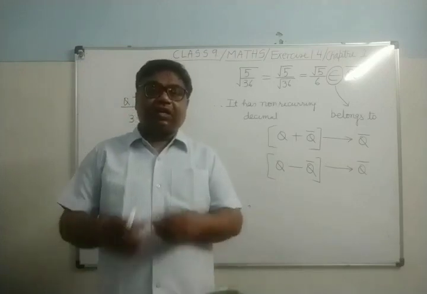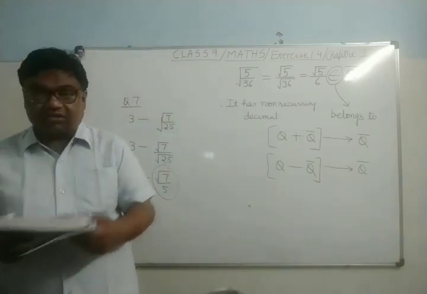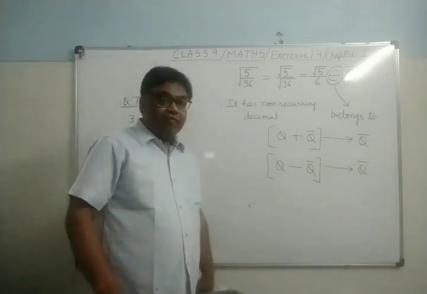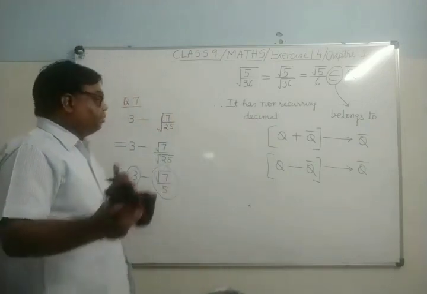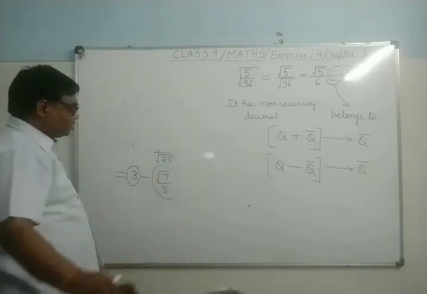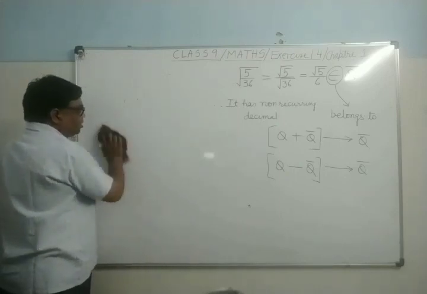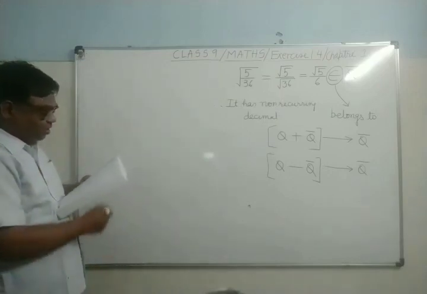But in the product it is not necessary. Product of two irrational numbers may be rational. It's clear? So this is an irrational number. You will write it is an irrational number. It's clear? That will be the answer. You see here,